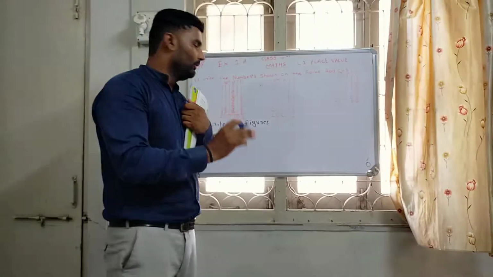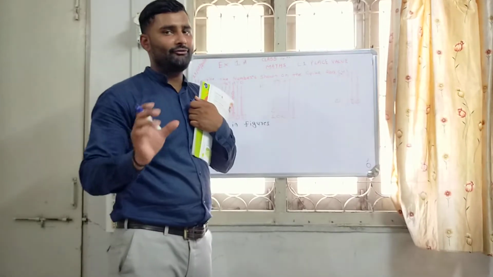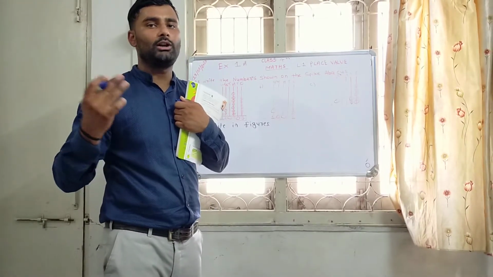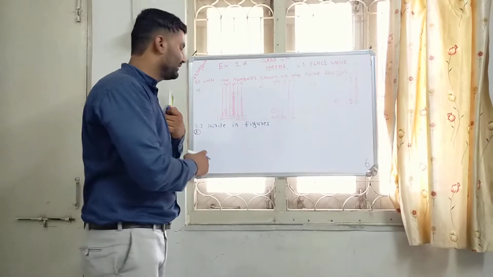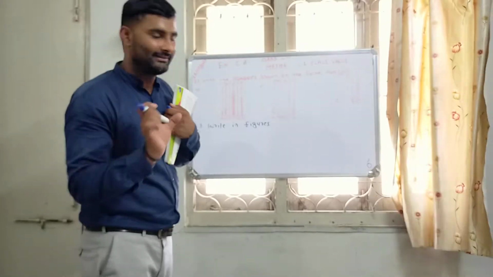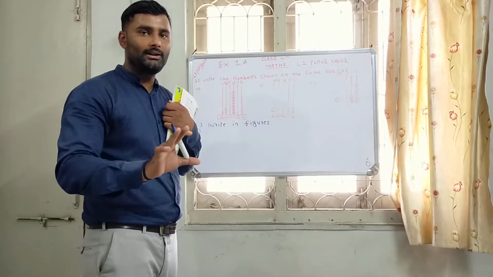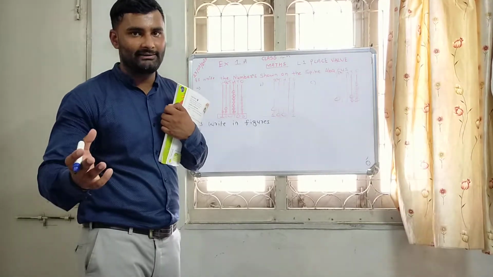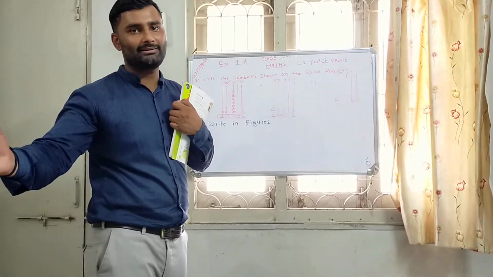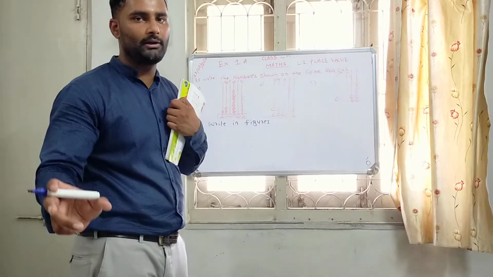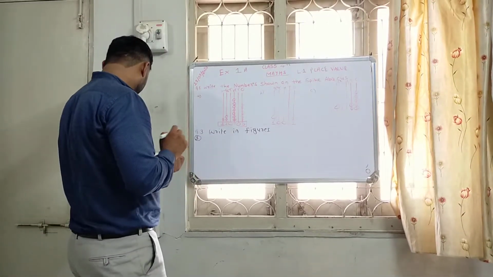In question number 2, there are some numbers and we just convert the numbers into words. In this question, there are some numbers which are in the form of words, and we have to convert these words into the numeral form, or the number form, the digit form. Okay. So the first number is